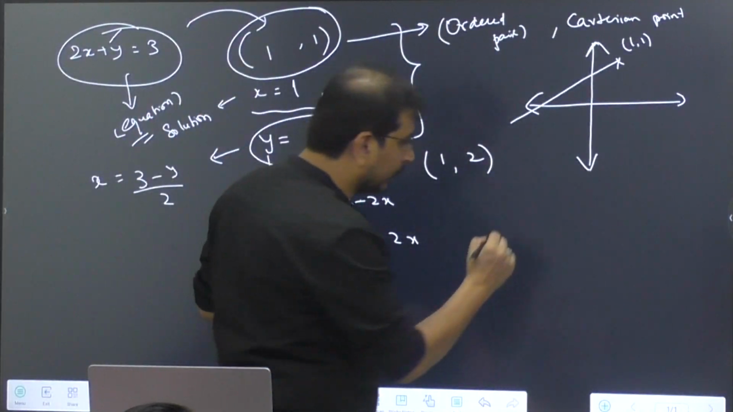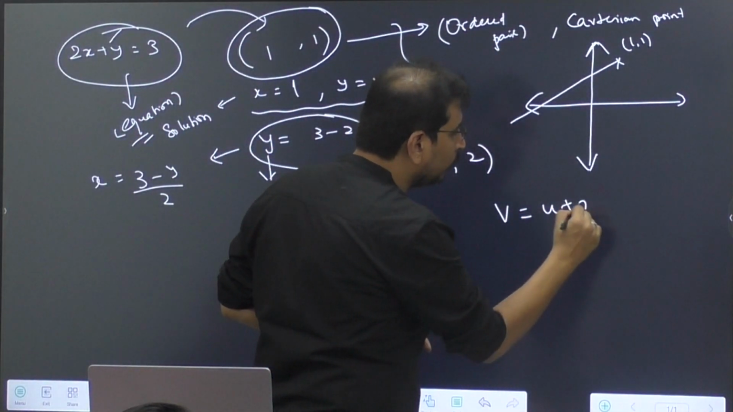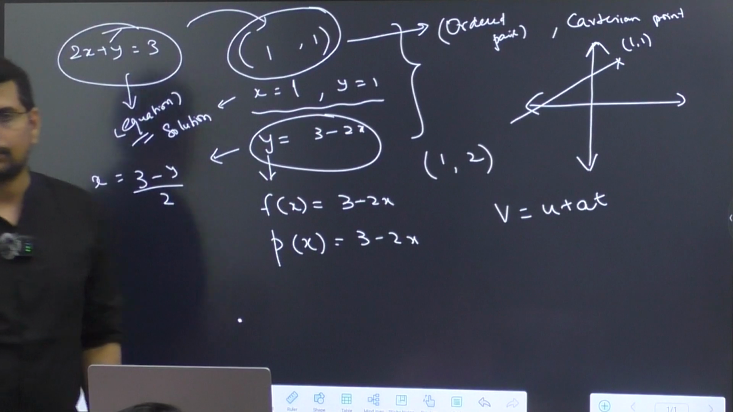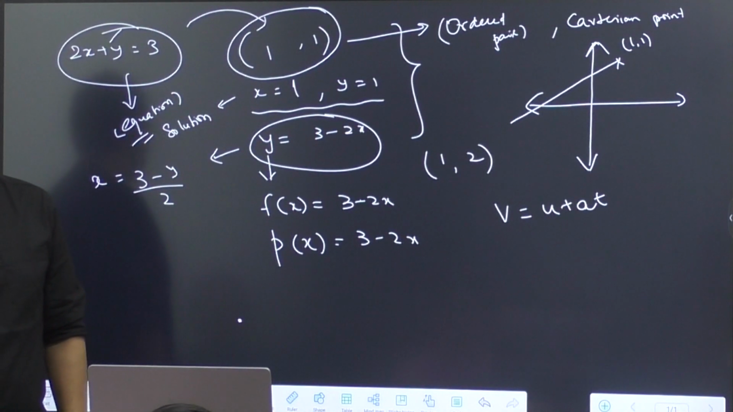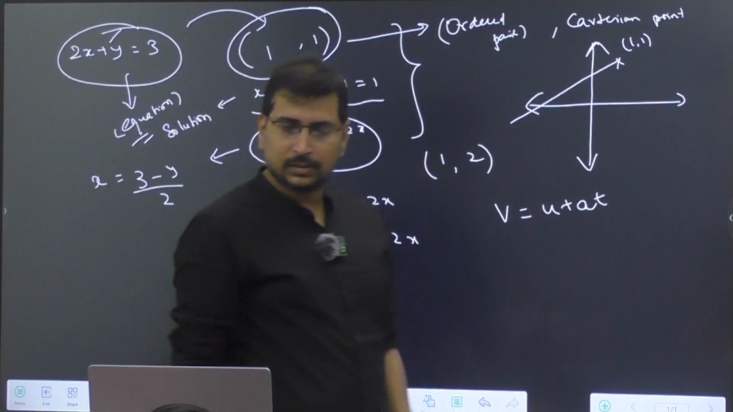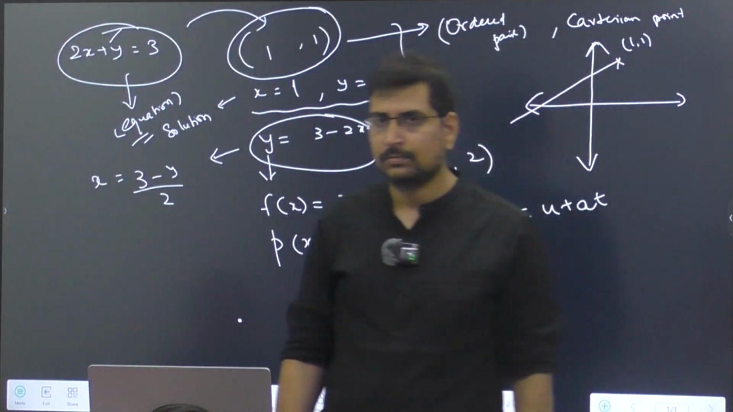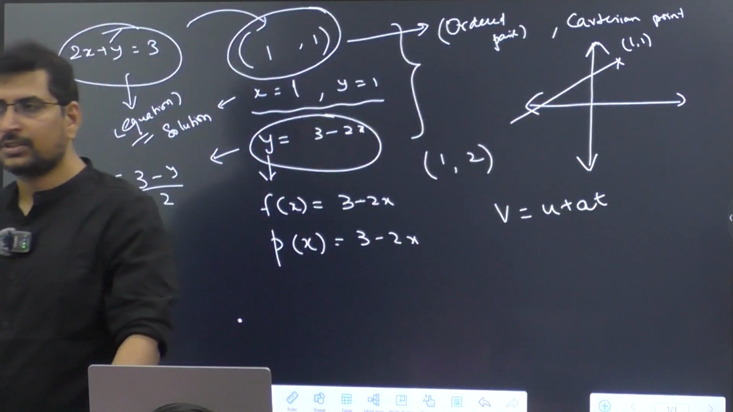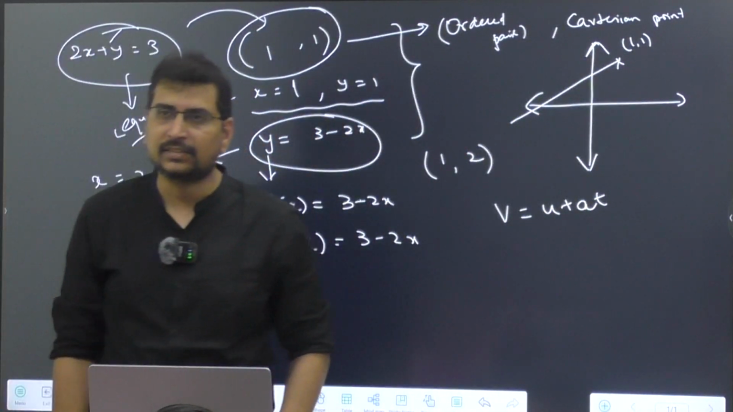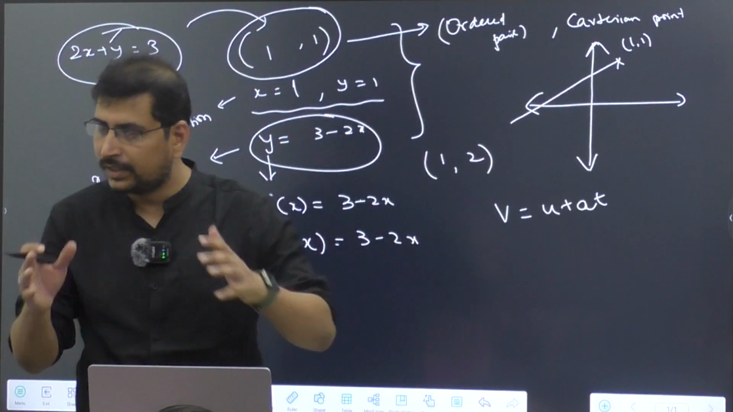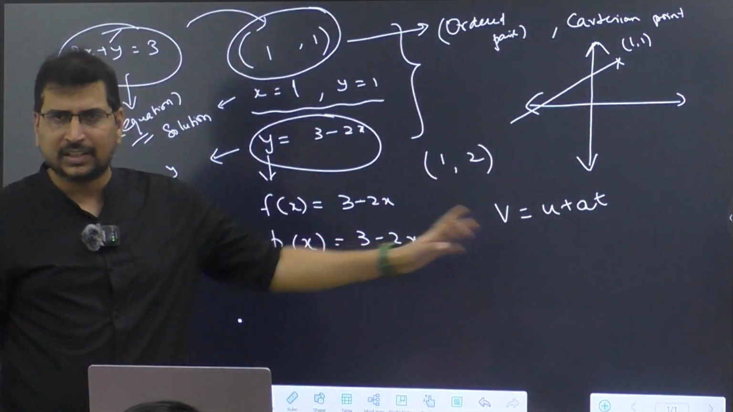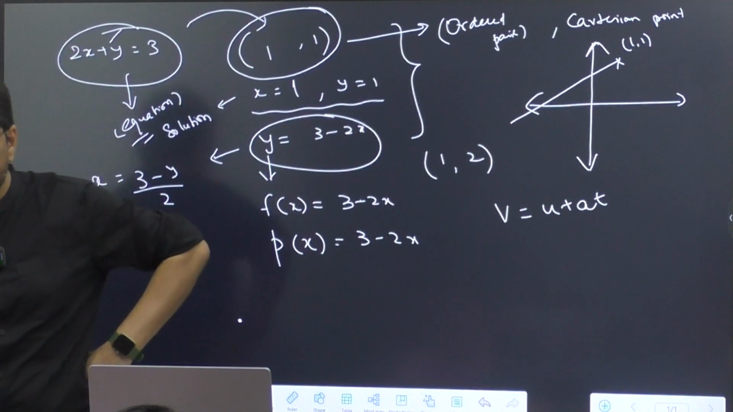But this you would have seen in your 10th grade. V is equal to U plus at. Right? Can I call this also a relation? So when I use the word relation, the first thing that I need to identify is which one is dependent and which one is independent. In the expression V is equal to U plus at,